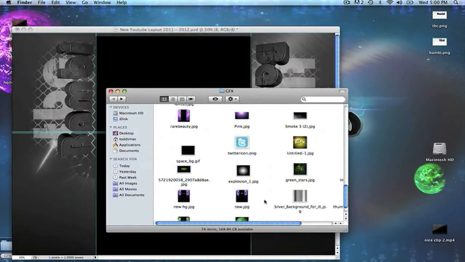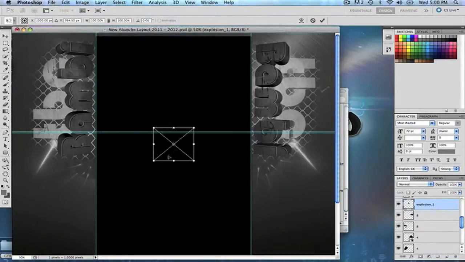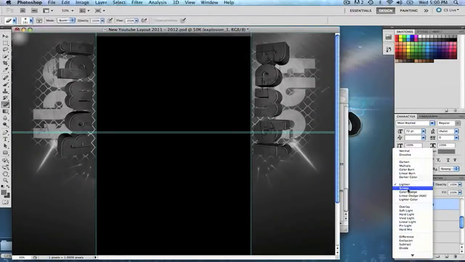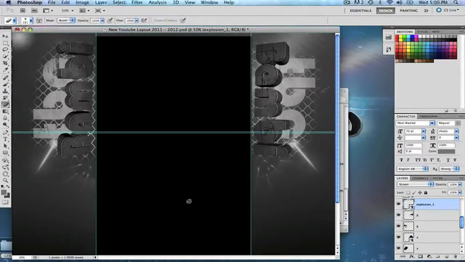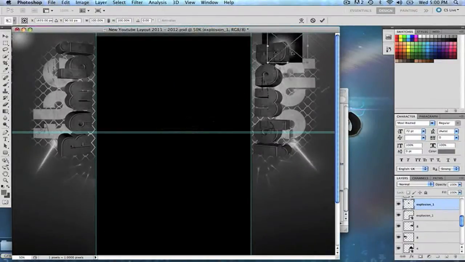Dang. And then I was like, alright, I can't find it. Alright, well I guess I gotta find something to take its place. And I was like, maybe this'll work. And I was like, I'm gonna put it up in this top corner. And it helped out for what I'm about to put over in a second. Right here, I put it on screen. We got a little bigger of a glow effect. And then I drag another one into the other corner. Put that one on screen also.